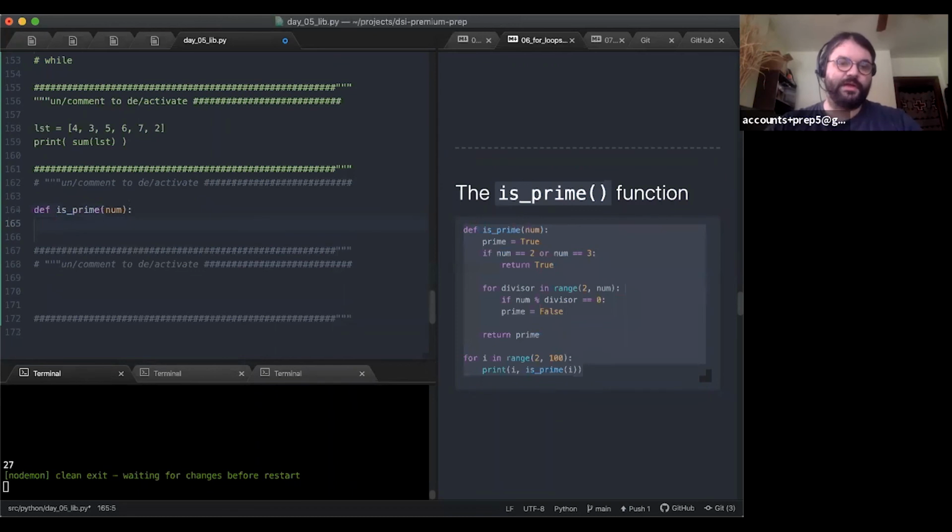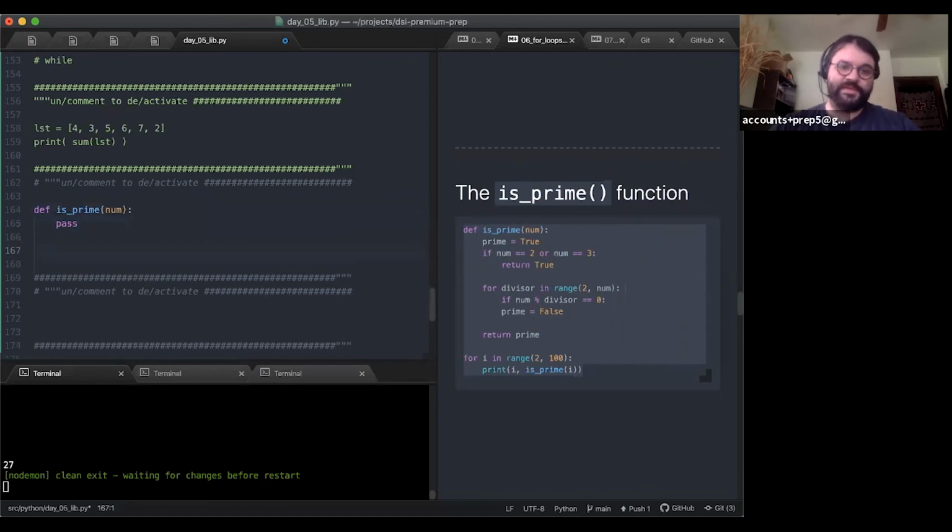Okay, so isPrime takes in num. One thing that I like to do is, before I really get into the definition, I like to write my tests first. Print.